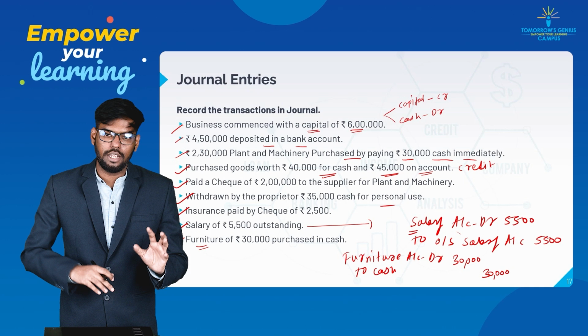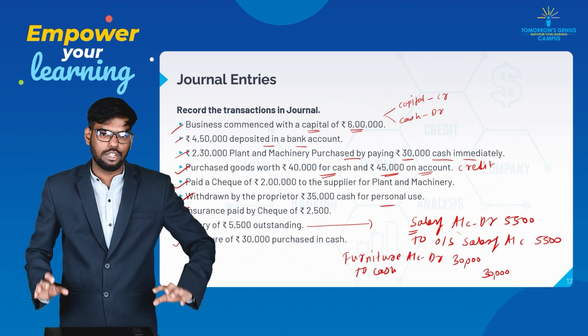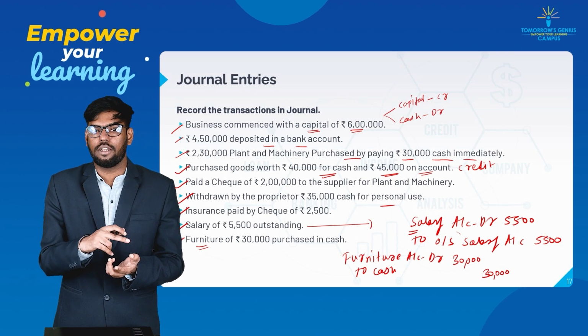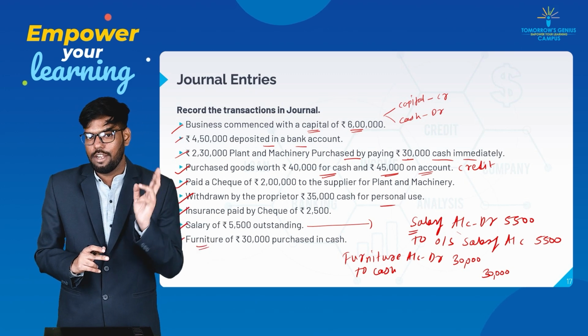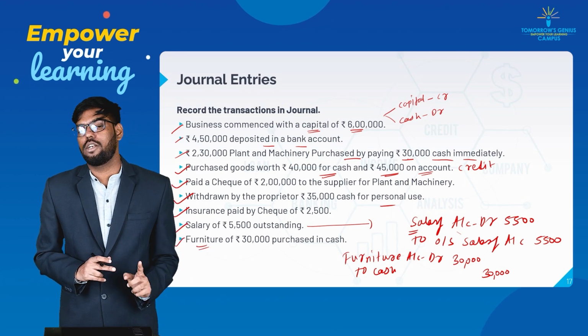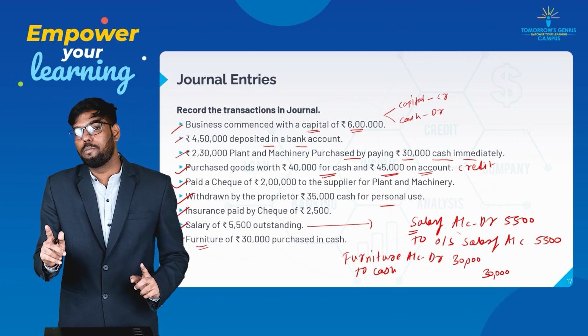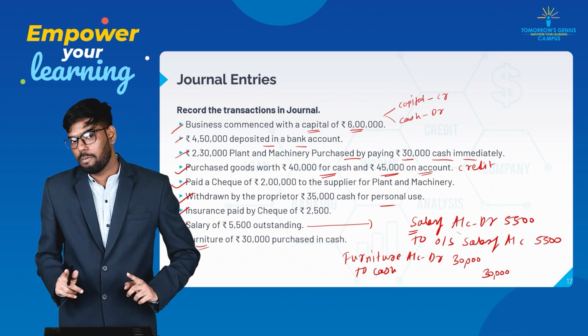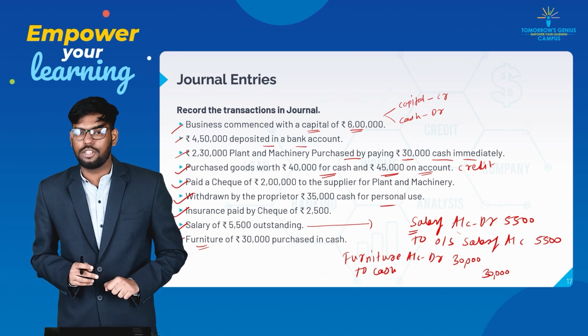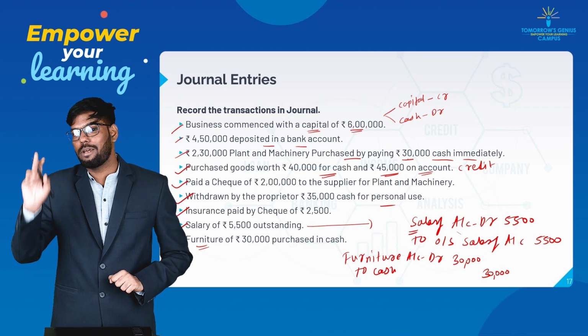After the journal entry, the next part is the preparation of the ledger accounts, right? The preparation of ledger accounts is based on your journal entry. If you do not identify accounts, do not identify debit and credit, and do not pass the journal entry, you will not be able to prepare the ledger accounts, because it is all interrelated. Only after passing a journal entry can you prepare ledger accounts,